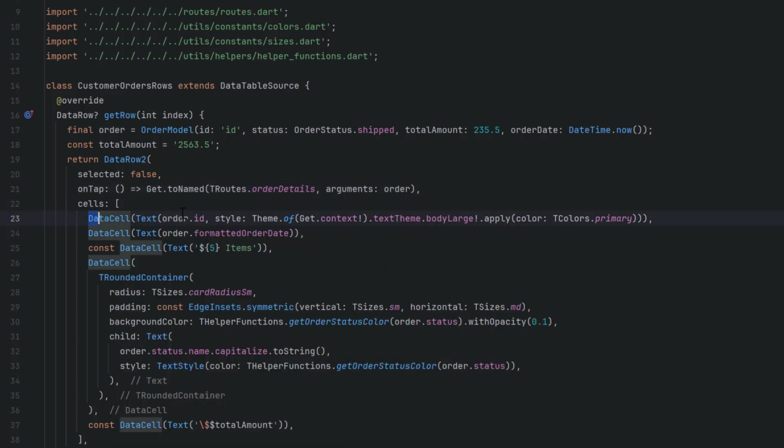Then in the cells, the first cell is going to display the order ID, whatever it is. Then the second cell is going to display the order date. Then third one is going to display the number of items inside this order. We have, let's say, two shirts, one shoe, one racket, one mobile, and all the things are the items. So after that, we have a data cell going to contain again a T rounded container to display the status of